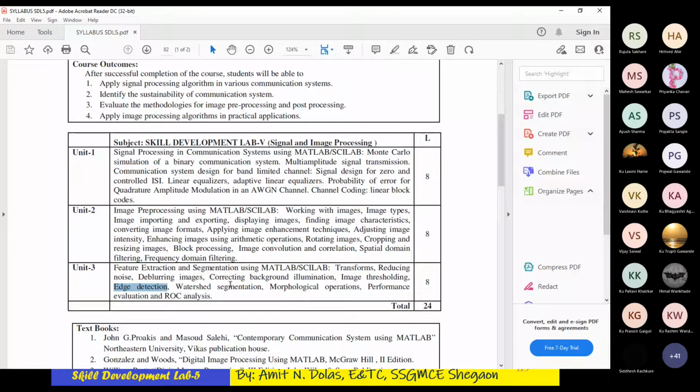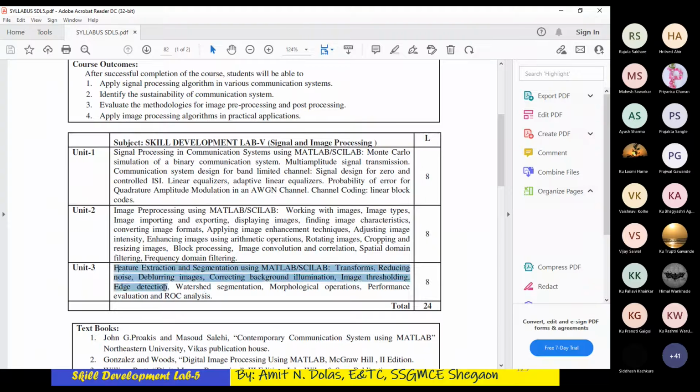Even though these are not in the practicals, we have to go through unit number 3, that is transformation. We have seen some: reduction of pepper and salt noise, we reduce that. Deblurring image we have to see. Correcting background elimination we have to see. Thresholding we went through. Edge detection we went through. Watershed segmentation we'll see. Morphological operations we'll see later on, and performance evaluation ROC analysis we'll see.